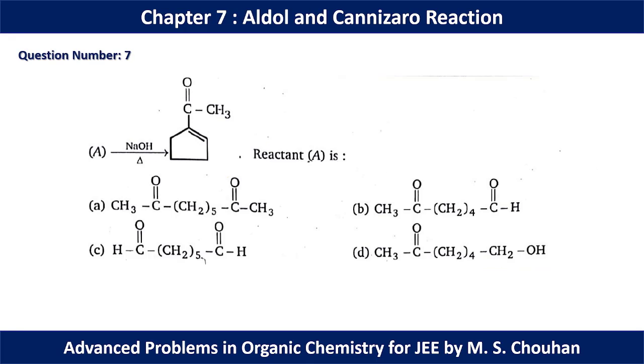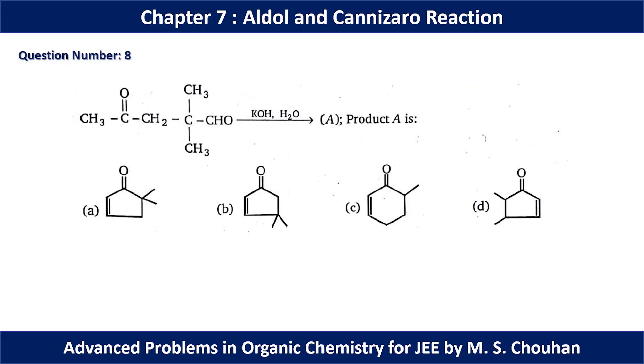In question number 7, we have the final product, but now we have to find the reagent. So again we have to dissociate the alpha beta position, and we can draw the structure like this. Starting material CH3C=O, now CH2, we have 3 CH2 carbons here, and after that we have one aldehyde CHO. So for question number 7, option B should be the correct option.